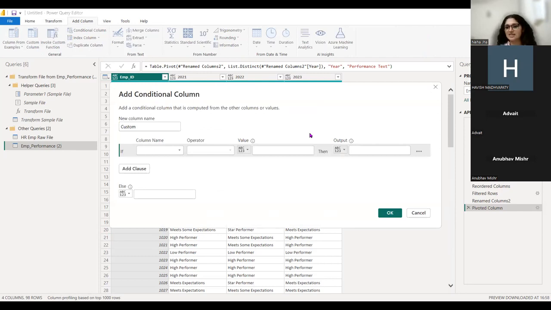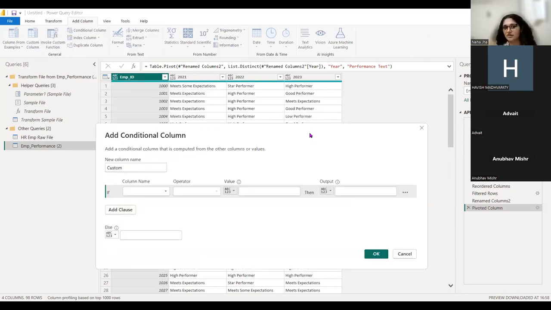and it is here that we assign values to each of the years, that is 21, 22, and 23. Now, adding a conditional column is very similar to the if statement in Excel. So there we have to manually write the formula, that is, if a particular thing is true, then we want the value to be of a specific type, and so on. So we'll do the same here. Let's start with the year 2021. So we will name this as 2021 value, or let's name it as a score. That looks better. Now, if 21 equals,